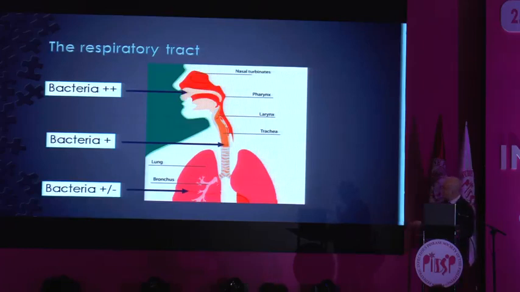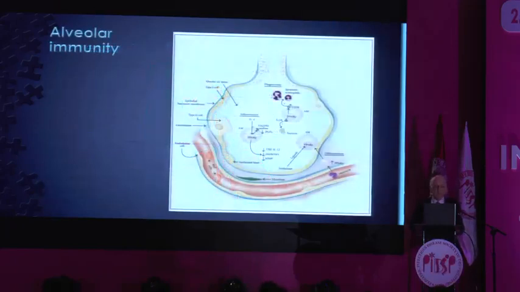And this is what probably happens in health. You have some bacteria in the alveoli, and then as you move up, it becomes quite heavy colonisation in the upper airways. And obviously, alveolar immunity is an important part of this. And we all know about alveolar macrophages, and there's quite a lot of work going on about how the immune system functions at the alveolar level. As we know, immunology is really made up of a bunch of cartoons, and this is a cartoon. But it's not really the whole story,